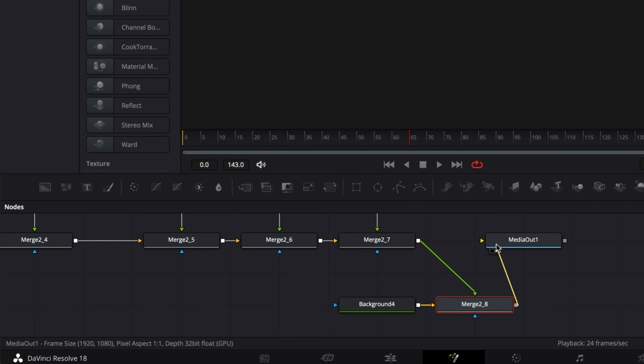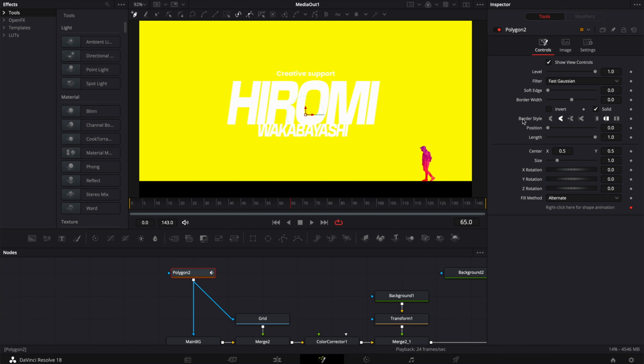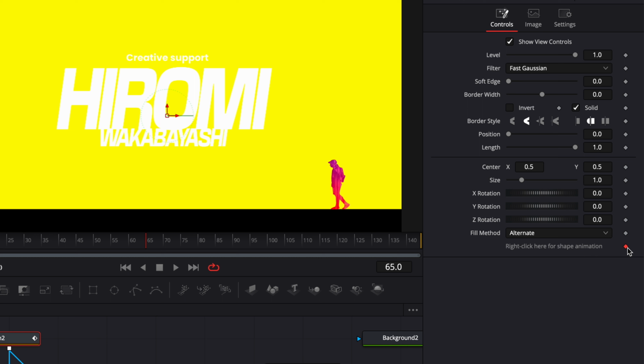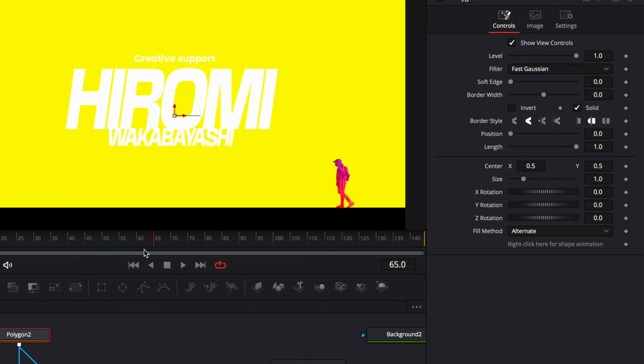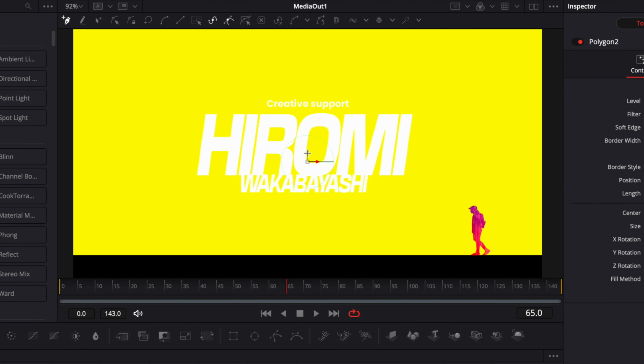And now we're gonna go over to the beginning of our composition and bring a new polygon mask in our working area. We're gonna link it to the main background and to the grid. And now basically we're gonna draw a building skyline. The first thing is that right now there is, for whatever reason, a keyframe that has been placed automatically. I don't want that to happen, so I'm just gonna remove that keyframe. And then I'm gonna take the position of my polygon and bring it down below the pavement right there.